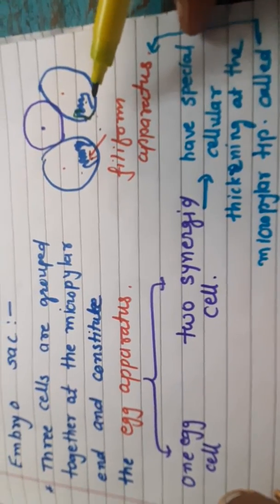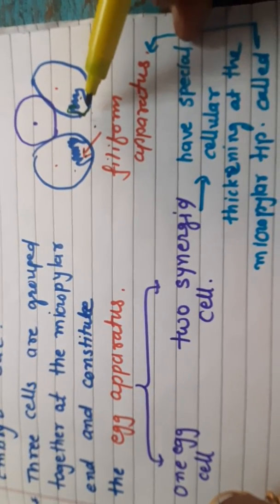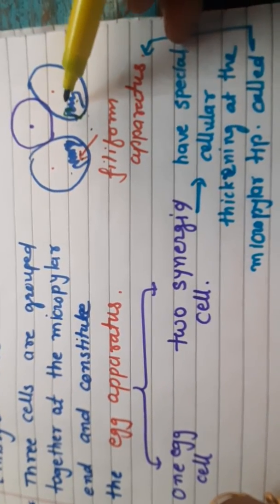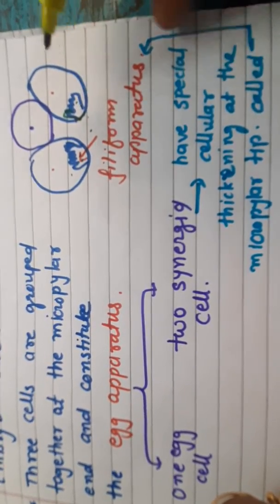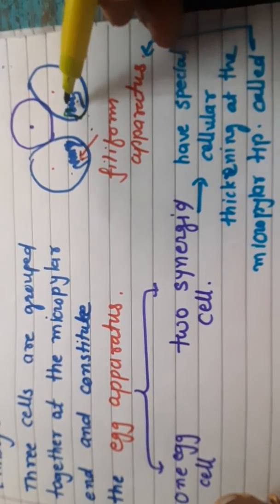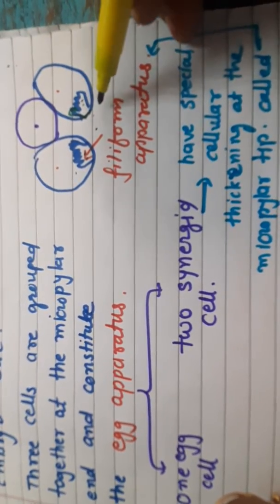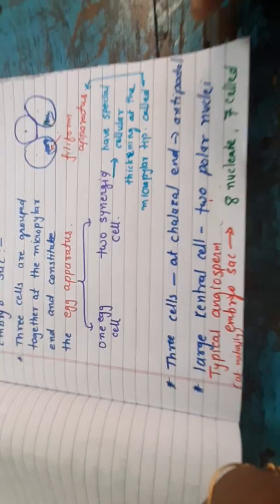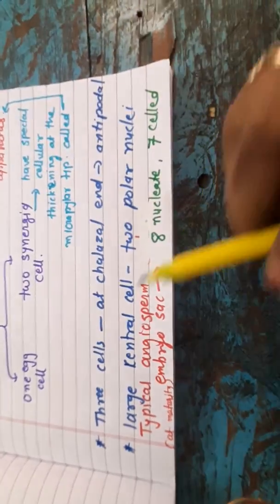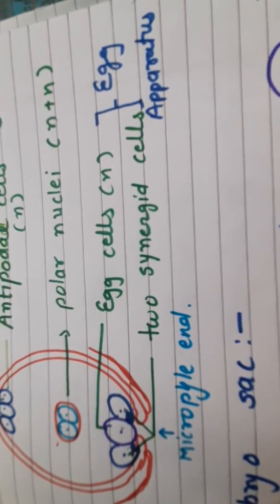What is the importance of this filiform apparatus? Filiform apparatus helps in the entry of the male gamete by the pollen tube. That means whenever the pollen tube comes, it will enter inside from here through the filiform apparatus. That filiform apparatus guides the pollen tube. Remember? Okay. So most important, one more time, in the embryo sac, 3 cells are located towards the